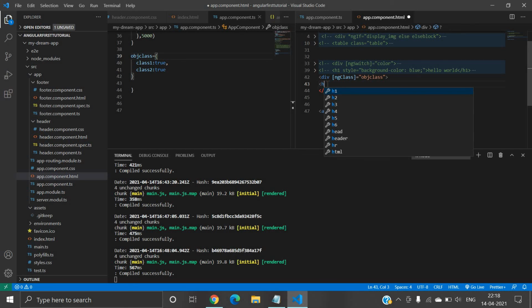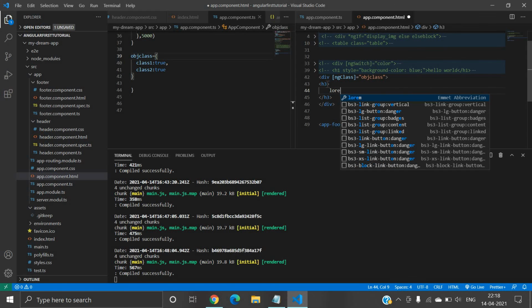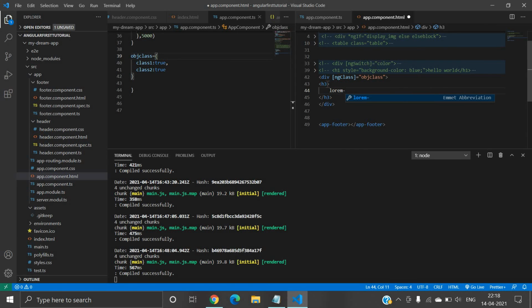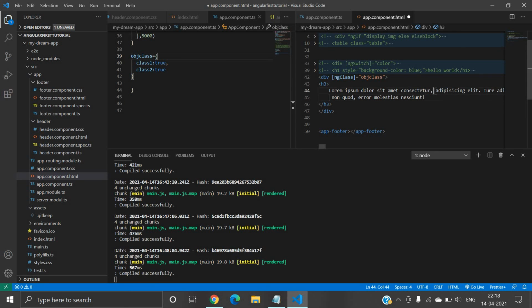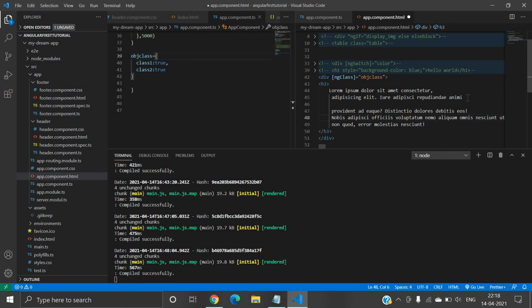Again, let's say I want to put something inside the div tag, let's say inside an h3 heading tag, let's say loading. It is just used for better understanding. Loading 50, let's see. Again I will save this file.